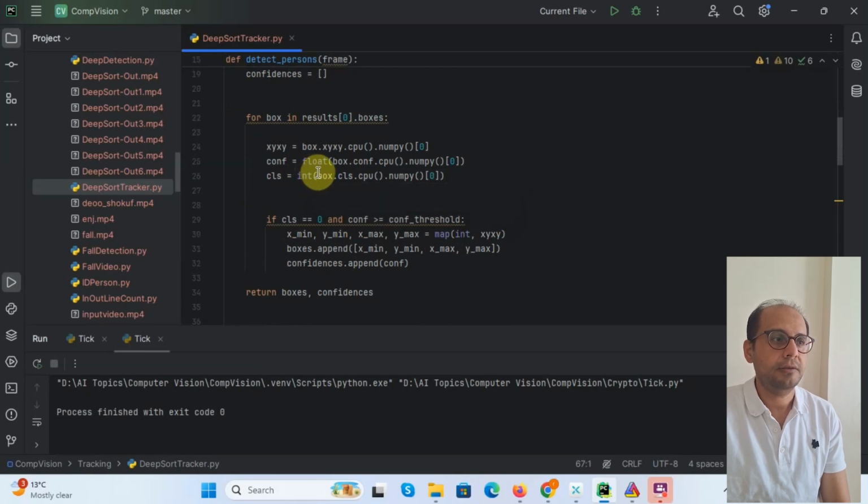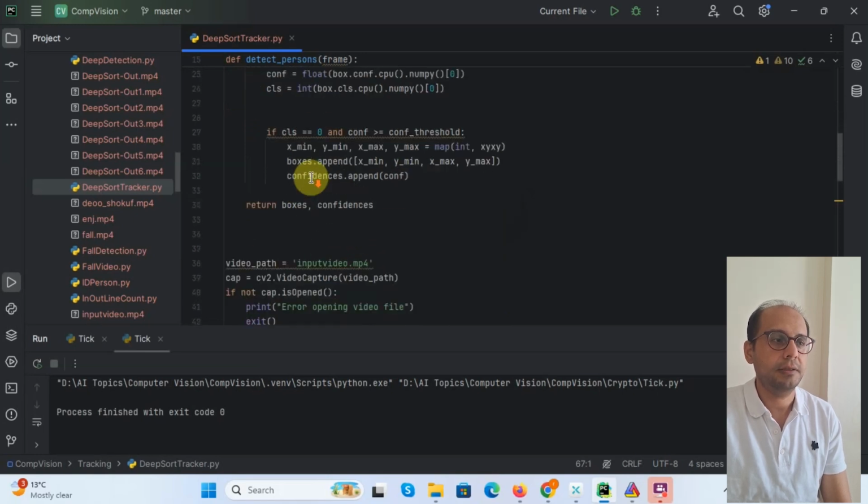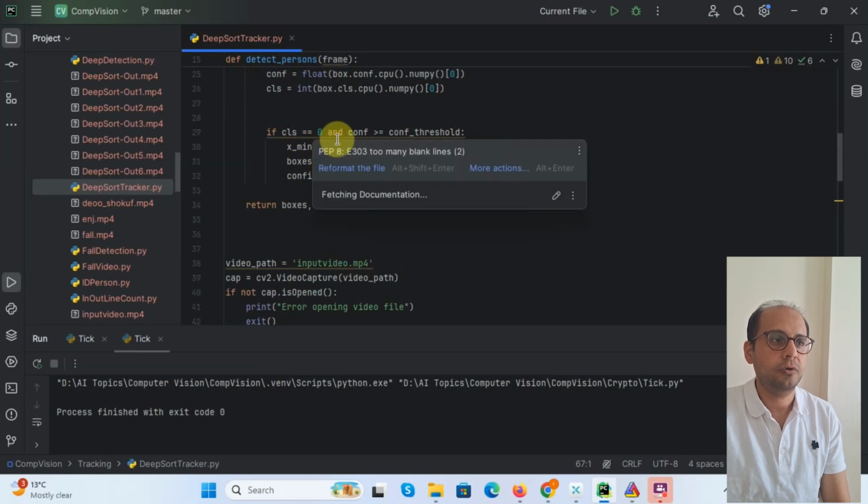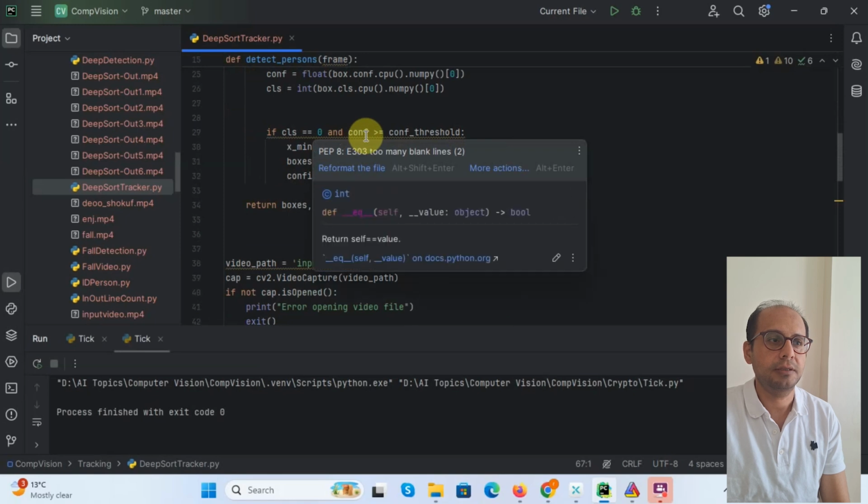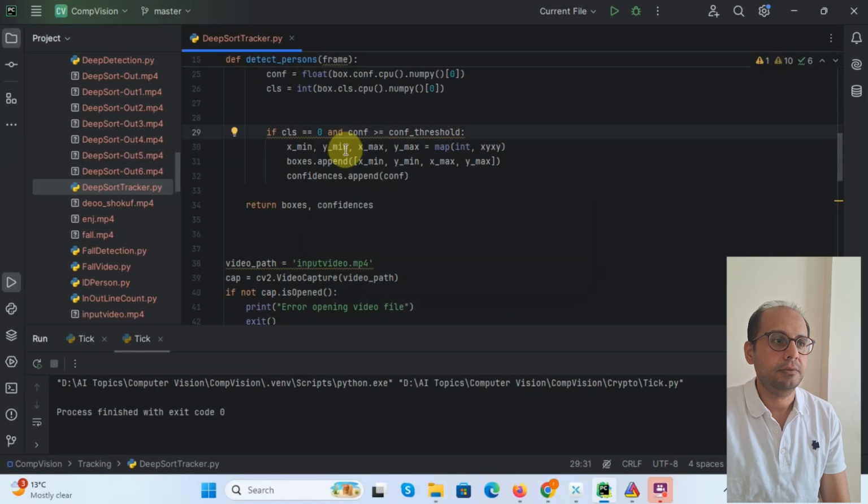Then if the class is 0, which means that the object is a person, and also the model is more confident than 50% that the object detected is a person,